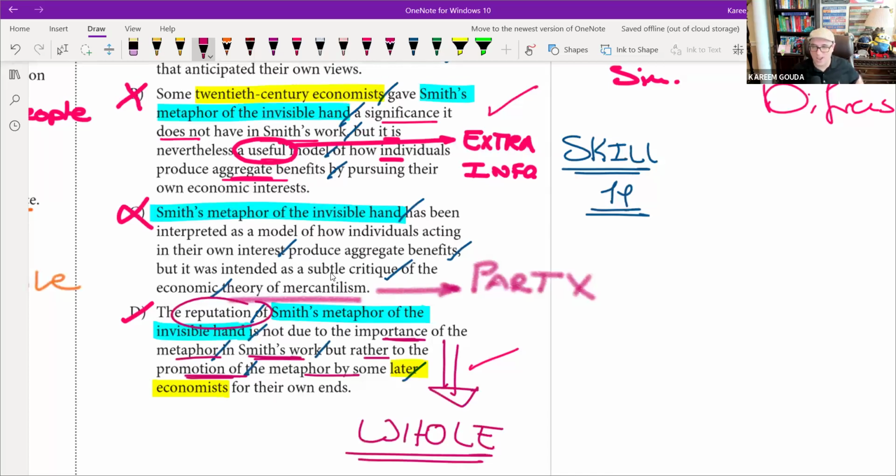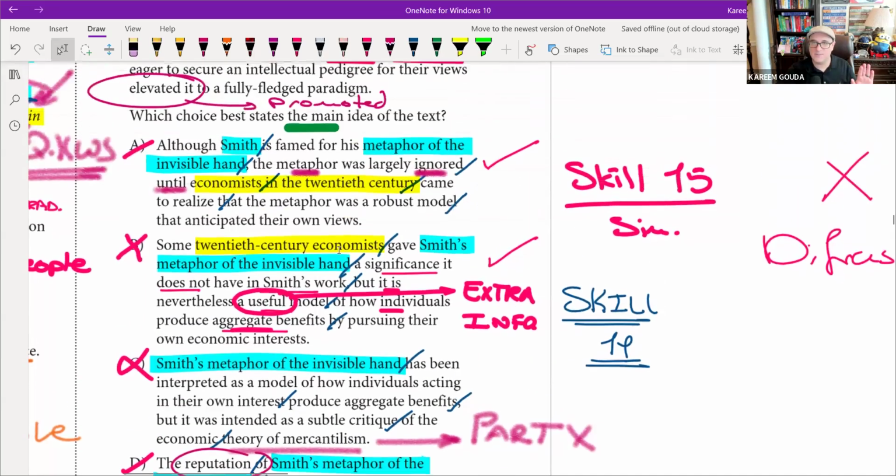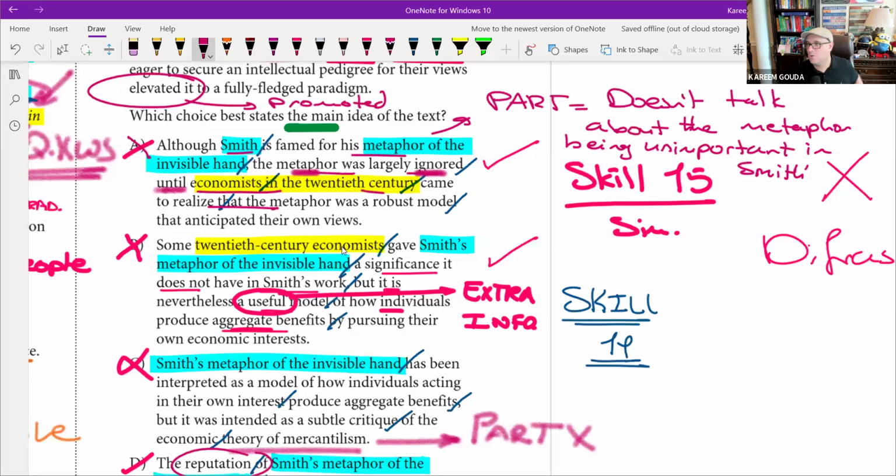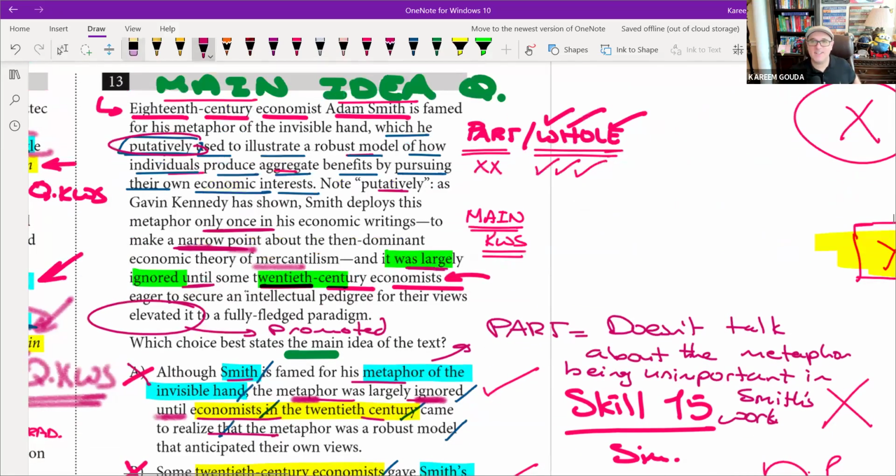Okay, and I'll tell you why. Just take a look now. This is going to be really, really easy. Look at answer A. Smith is famed for his metaphor. The metaphor is largely ignored until so-and-so. Answer A is actually a part. Why is answer A a part? Because it doesn't talk about the metaphor being unimportant in Smith's work. So if you look at the passage, at the text really closely, the text is basically divided into